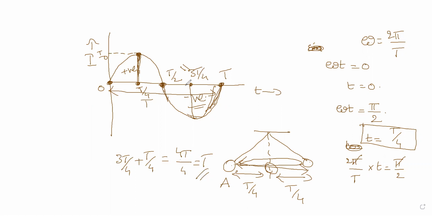So 3t by 4 will give an argument value of omega t, that is about 3t. If I substitute t equal to 3t by 4, I get the omega t value at about 3 pi by 2. When t is equal to 3t by 4, you know sine 3 pi by 2 is -1. That's why you get the peak downwards. And that's the factors. This is the half cycle and full cycle.